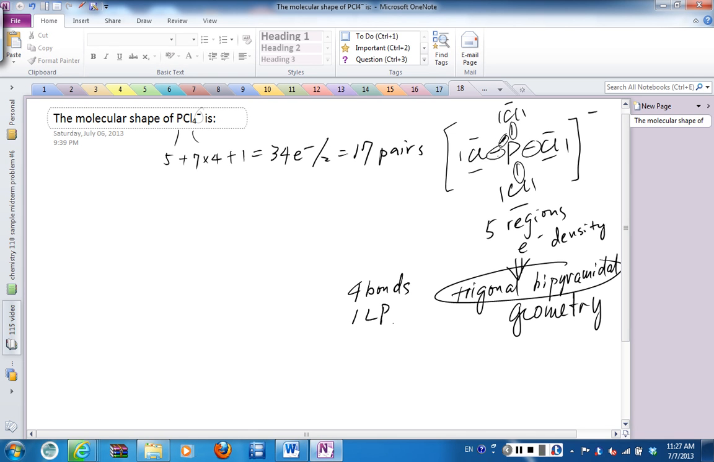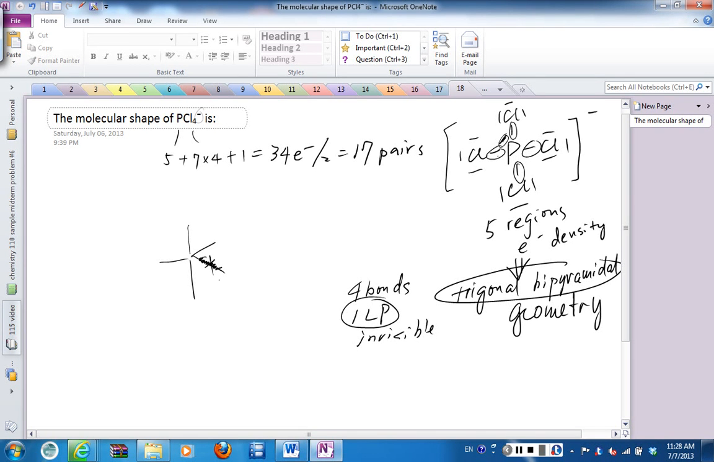We have 4 bonds and 1 lone pair. And when it comes to shape, lone pairs are invisible. So here's our trigonal bipyramidal shape: a triangle in the middle and 2 perpendicular to the plane. Consider one of them invisible, and the VSEPR theory tells us that it's got to be